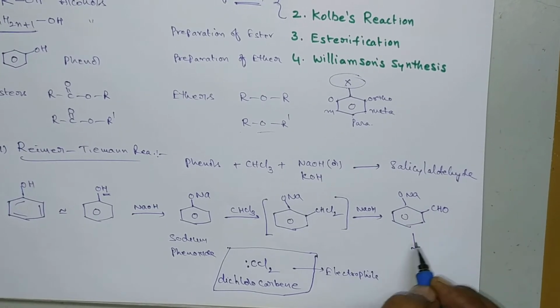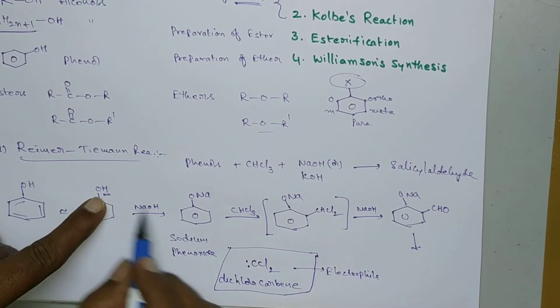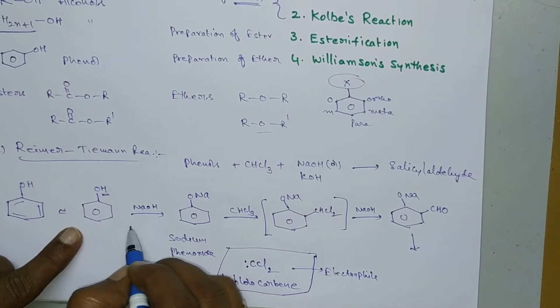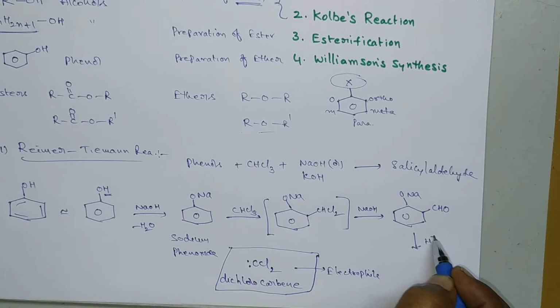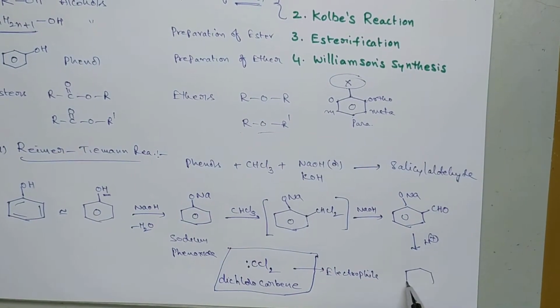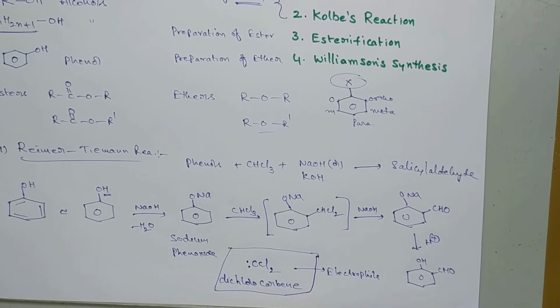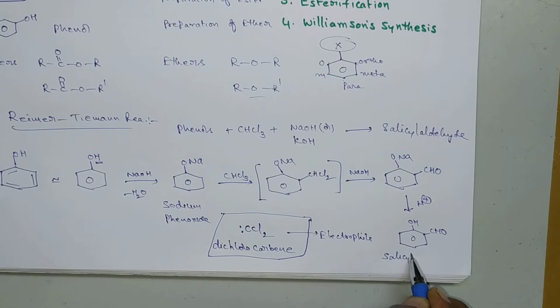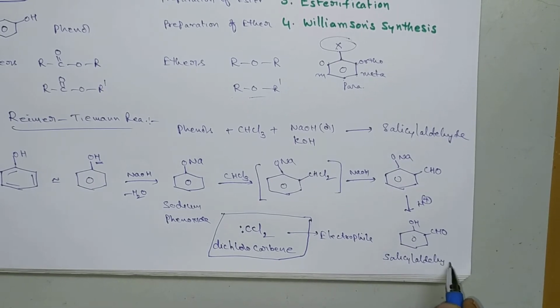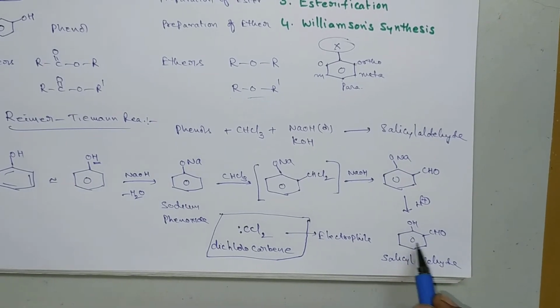So again this Na can be replaced by H plus, H plus from the water. So here it loses a water molecule. H plus from the water reacts with this to form the final product. This is the OH and CHO. So this is salicylaldehyde. This is salicylaldehyde. So this salicylaldehyde is nothing but